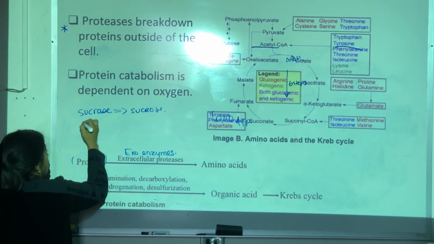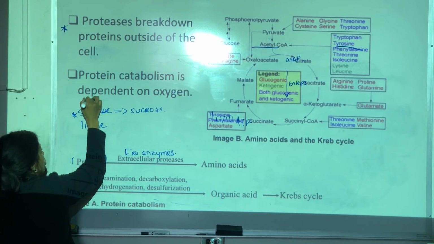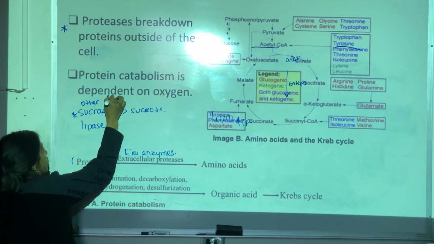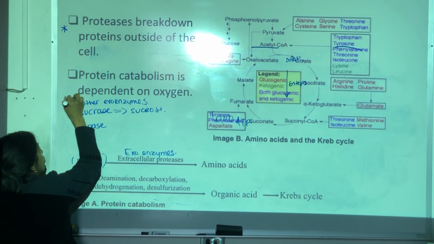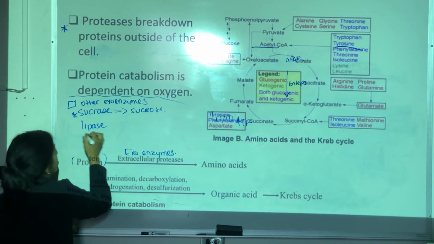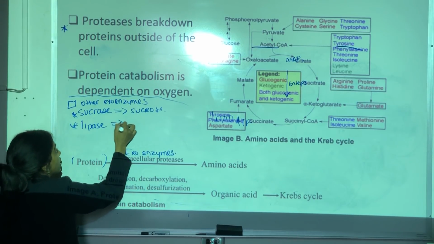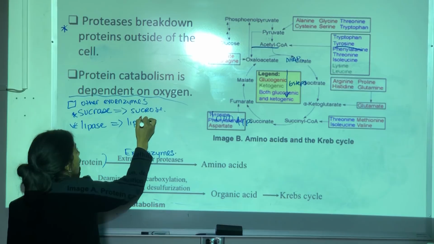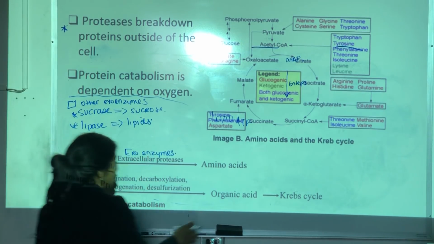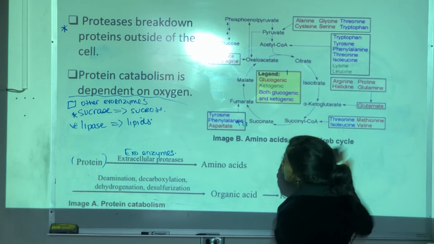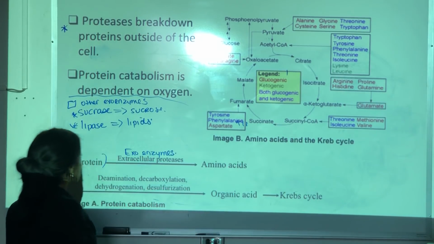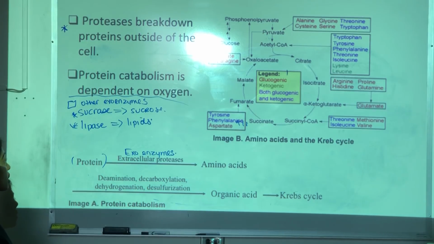And then you have the other one that I mentioned, lipase. So let's put other exoenzymes. Let's do something like that. And this will break down your lipids. So it will look like this. Right? So they will break them down outside the cell, and when they break them down, only the small parts